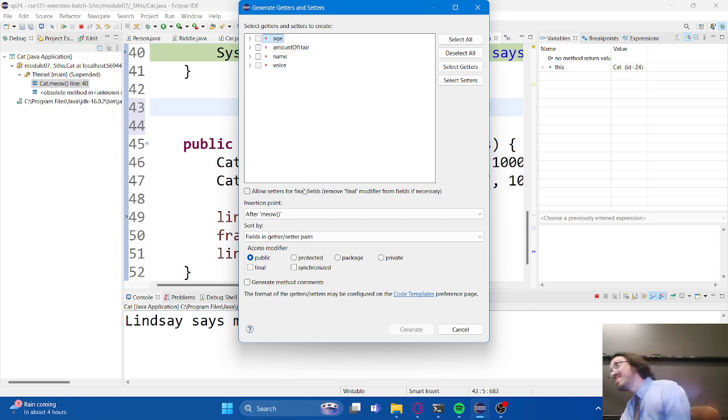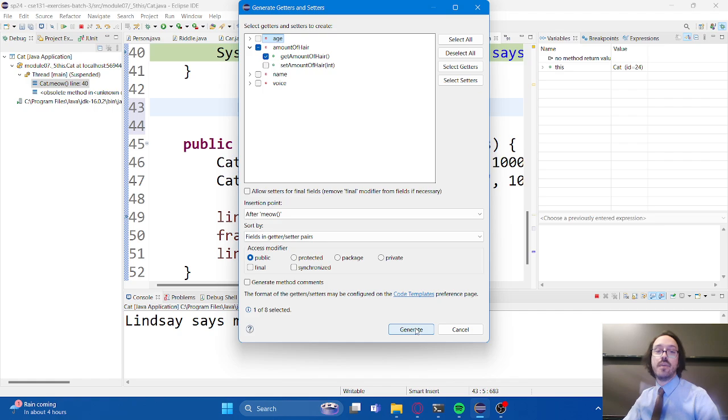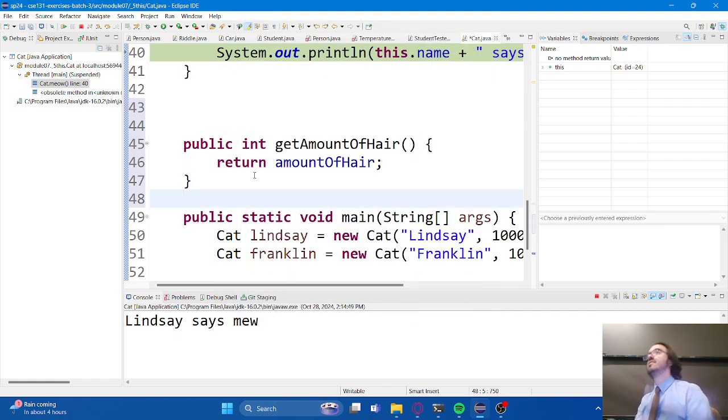It wants to know which instance variable I'm interested in creating the getter and setter for. That was the amount of hair. And then specifically, if I expand this out, I can select whether I want the getter or the setter or both. I think I just want the getter for right now. So I'll select that one and click generate, and then poof, there it is. No typing required. You are very welcome to use this. This is totally fine, totally reasonable. Any experienced programmer would do it this way. There's no reason for you not to do it that way as well. Though, like I said, I think writing out at least a few just to get used to the idea is a good thing for you to do, since this is all kind of new.